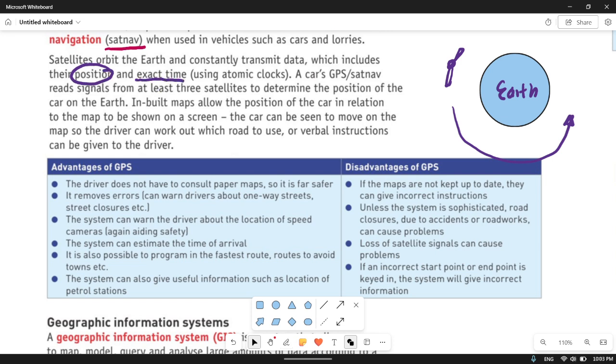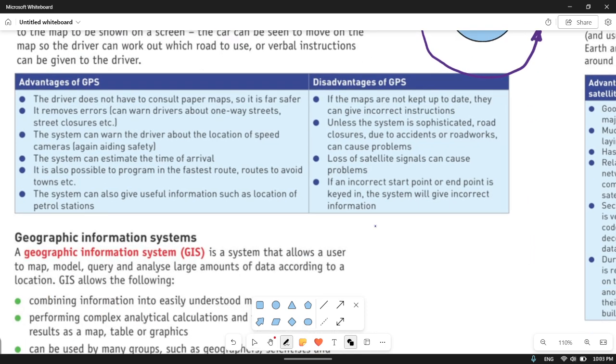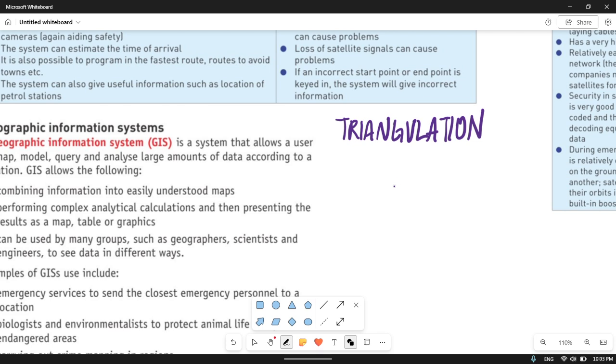So a car's GPS or sat nav reads the signal from at least three satellites. Now this is really careful, okay? You have to mention that at least three satellites are used to determine the position of the car on Earth. This is because we use a process called triangulation. So triangulation. So now what triangulation does is that one satellite will have its orbit, or have its